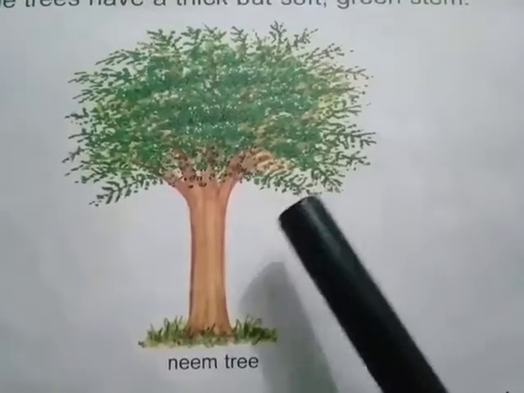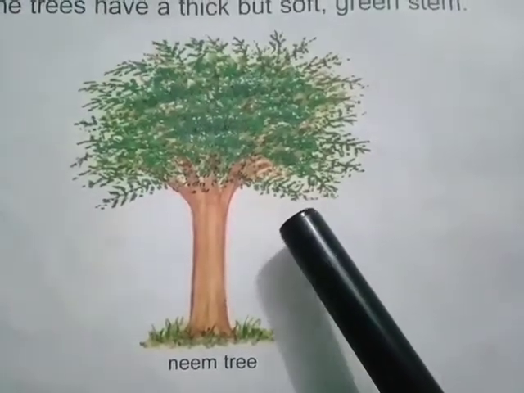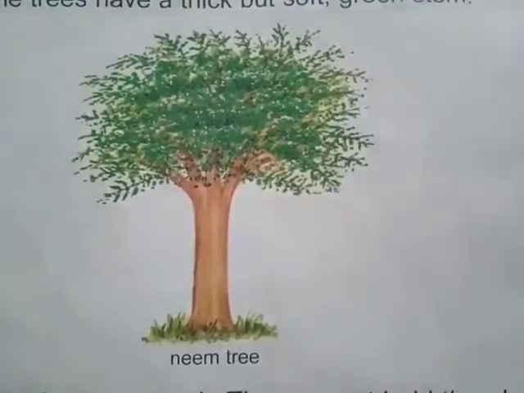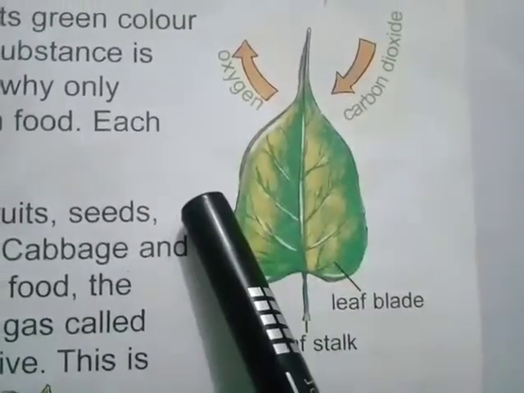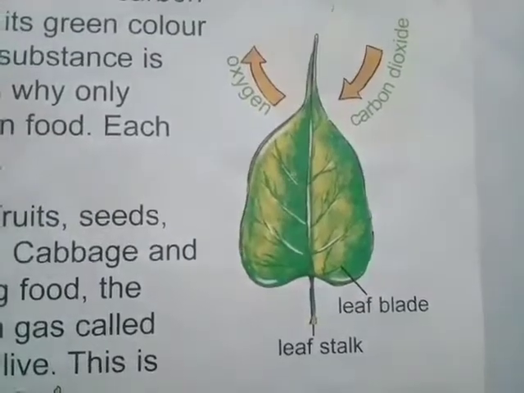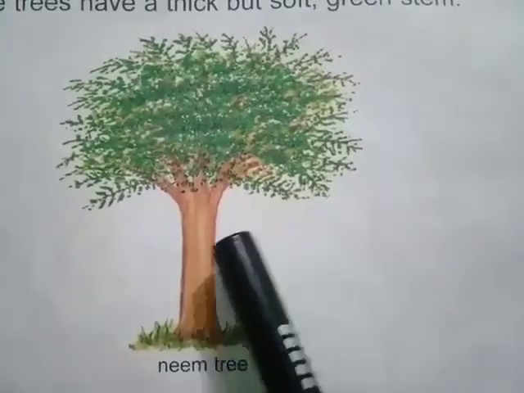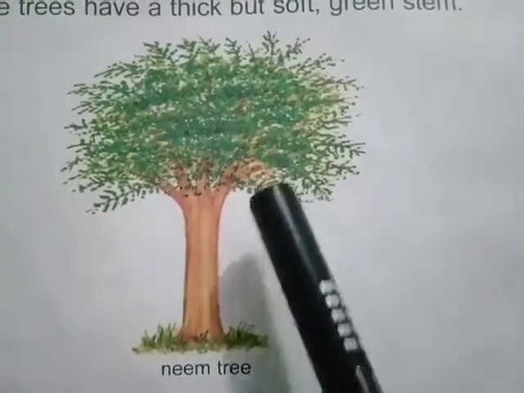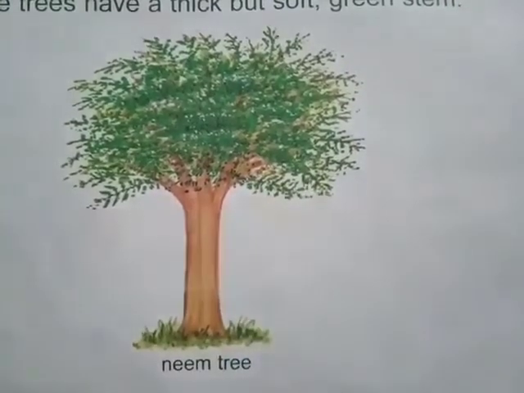At night, when there is no sunlight, plants do not make their food. Then they breathe in oxygen and give out carbon dioxide, as we do. That is why it is not good to sleep under or near plants during the night.